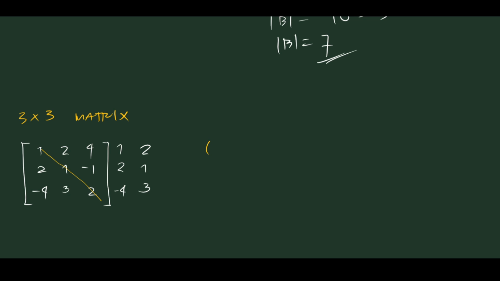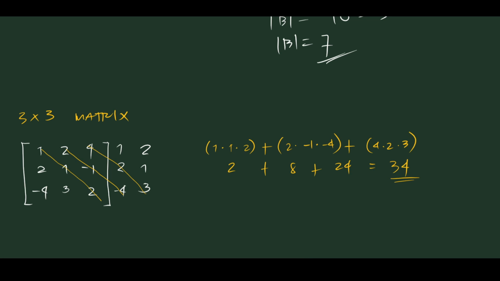So what do we have? Let's multiply those. 1 multiplied by 1 multiplied by 2. Then we add that to another diagonal here. So 2 multiplied by -1 multiplied by -4. We add it to 4 times 2 times 3. If we evaluate this, we will get 2 plus 8, and then plus 4 times 2, that will be 8 times 3, 24. So this will be 10, 34. Okay, this is 34. Let's just hold it here.